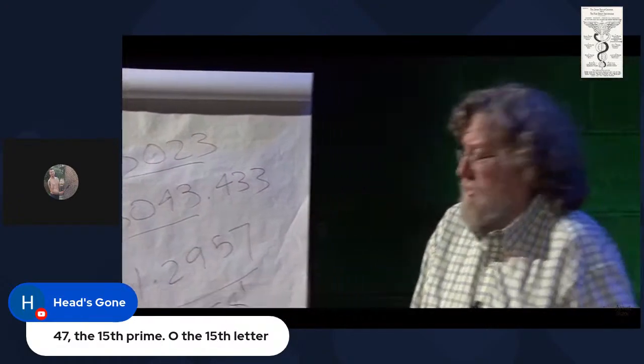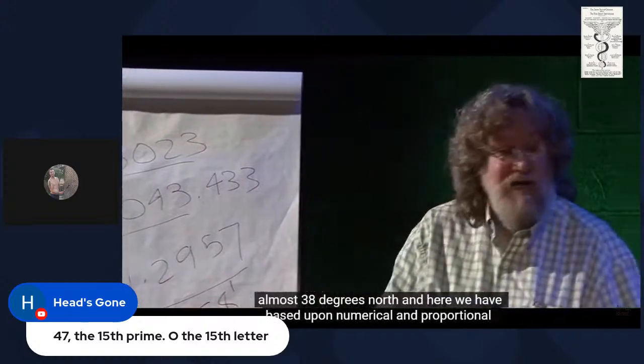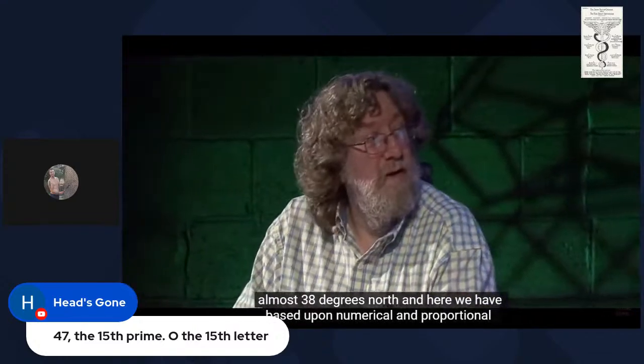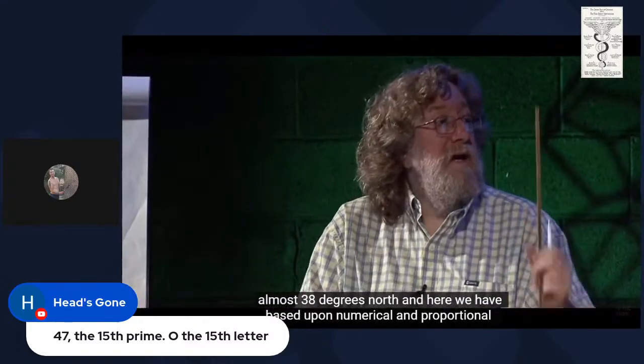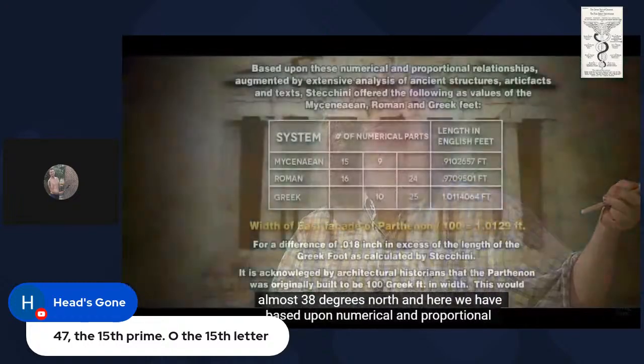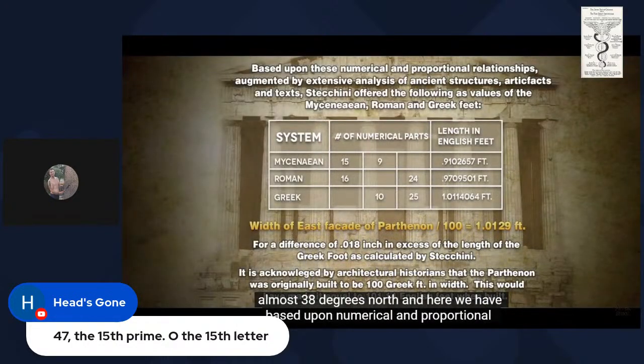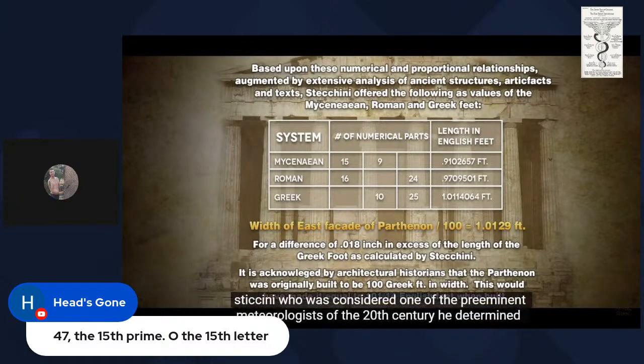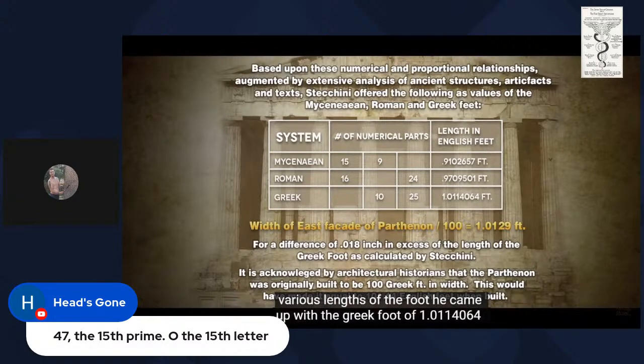So it's almost 38 degrees north. And here we have, based upon numerical and proportional relationships augmented by extensive analysis of ancient structures, artifacts, and texts, Stecchini, who was considered one of the preeminent metrologists of the 20th century, he determined various lengths of the foot. He came up with the Greek foot of